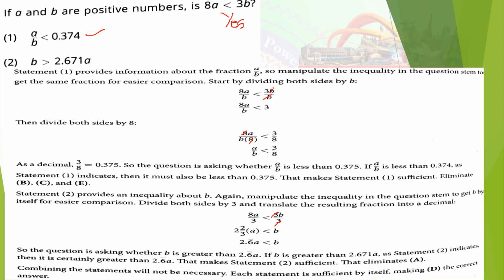So this equation you can also convert into this form. From the second statement also you can derive this equation, and it tells that the answer is yes only. So from each individual statement you can derive this equation. Which option is correct? Each statement alone can answer the question.